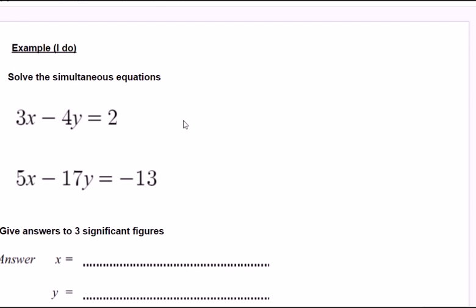Now, I should say, before I do this, that firstly, if this came up in a non-calculator paper, you would absolutely have to do this using your standard analytical method. So you'd probably make the x's the same and eliminate and so on. If it came up in a calculator paper and said you must show all of your working, then you would have to do a formal approach where you eliminated one or the other. I would imagine that would be how you'd do it. And you'd only be able to use the calculator for the actual